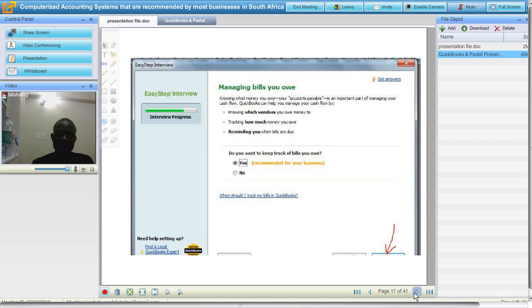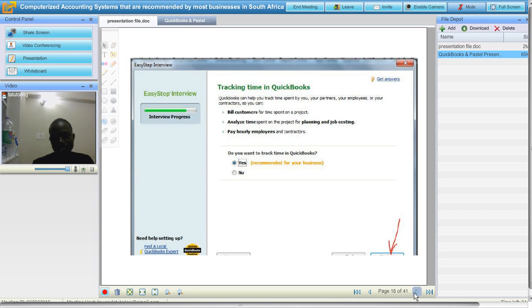Do you need to manage your bills? Definitely you need that, because you need to know how much you are owing suppliers and how much your customers are owing you. So click yes and click next. Do you need to track time?